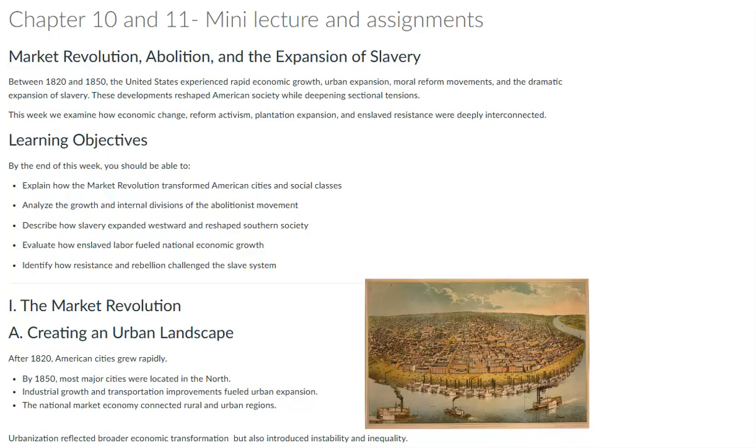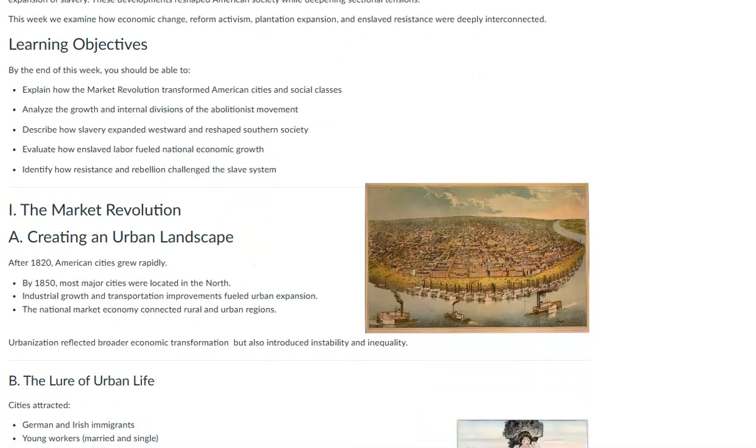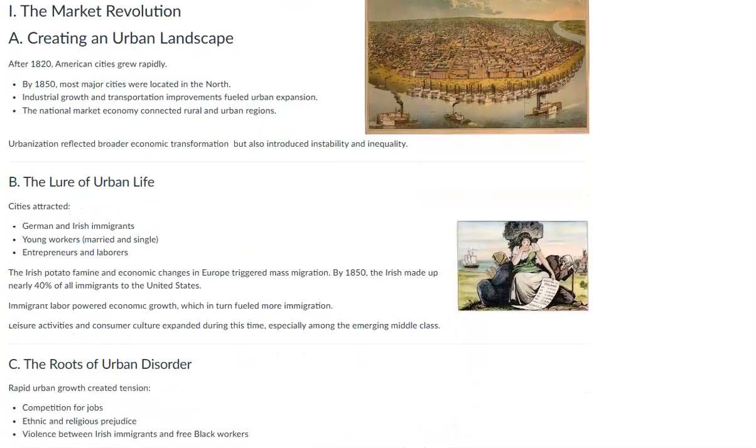So the first thing I want us to look at is the market revolution. By 1820, the American economy had changed very rapidly, and transportation improvements, we've looked at these already, but think about the canals, roads, railroads, how all these connected local communities into a national market. Factories expanded in northern cities. Commercial farming replaced subsistence farming in many regions.